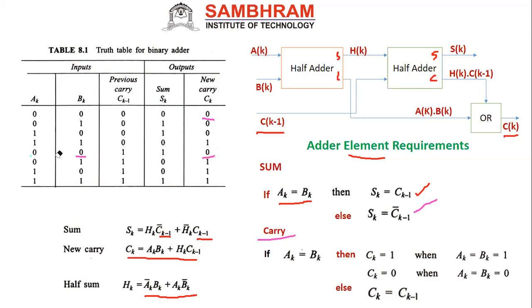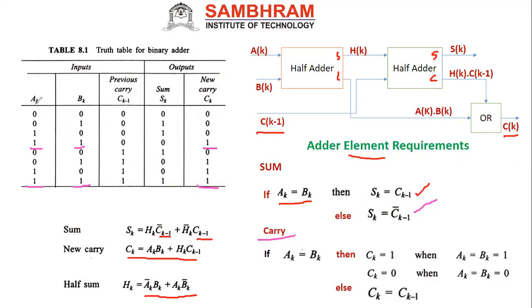Next, I'll go for the equal condition. AK is equal to BK. 0, 0 is over. Now I'll go for 1, 1, right? 1, 1, 1, 1. Okay. Now, when 1, 1, again now we see the carry corresponding 1, 1. Now what happened? Same condition only. If AK is equal to BK, my CK will be is equal to 1. Why? Because when AK is equal to BK, I'm having two possibilities of output CK, like 1 and 0. When I will get CK is equal to 1, when I will get CK is equal to 0. That is what we are saying here.